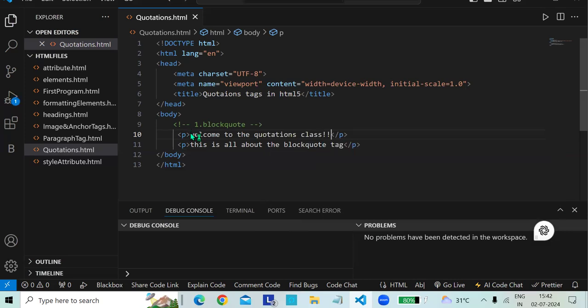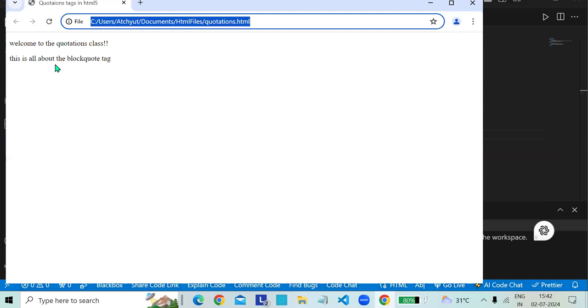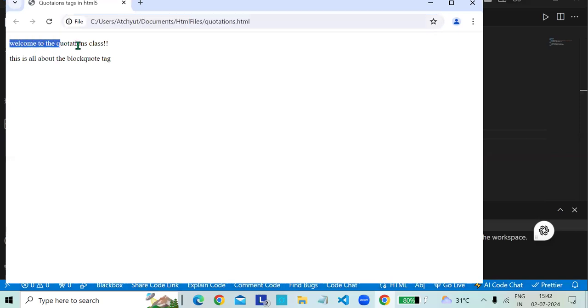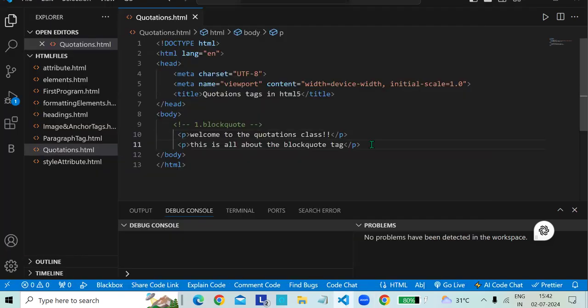If I save it and run it, see we got the p tag from the starting, and the other p tag is also from the starting, which means from the top left. But in the quotation tag, for example, if I use blockquote,